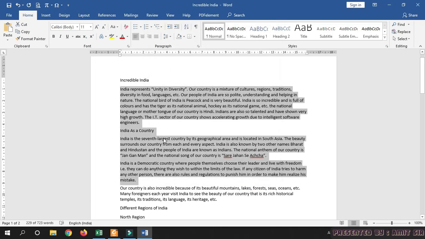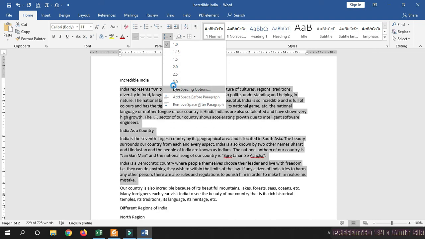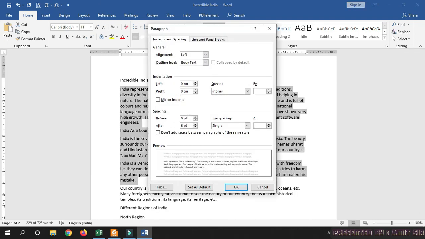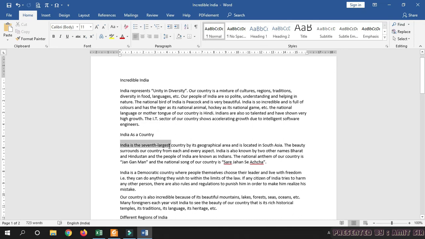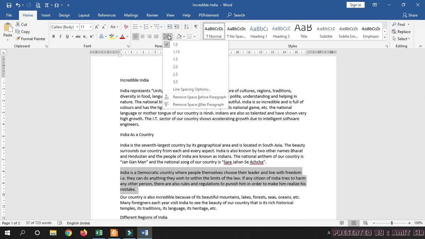Now you can see. Let's check other options. If we click on 0 points, that means it is the default one. Okay, increase it, before 12 points. So the space before this paragraph will be 12 points. Let's select this paragraph and apply the option again.